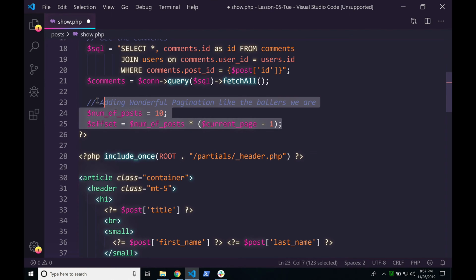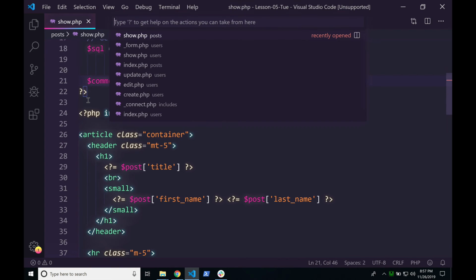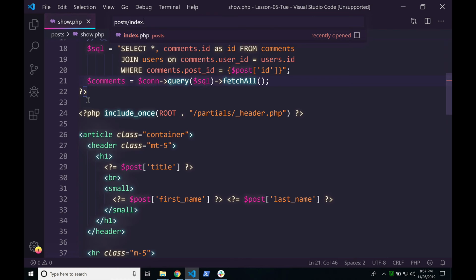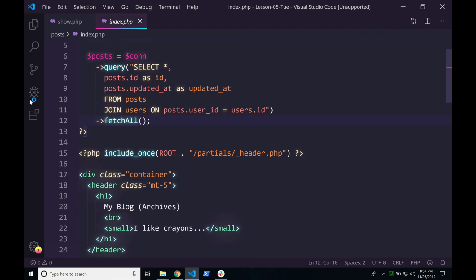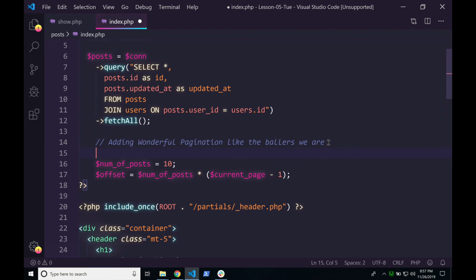I'd like you to copy these 3 lines that you've been writing. Okay? Cut them. Hit Control X to cut them out. Save your page. Open up postindex.php, which makes sense so that we're not on show.php. Press a couple of lines and paste it there so that it's just below this post fetch. There we go. And right above the number of posts, we will create our variable current page, which will be equal to